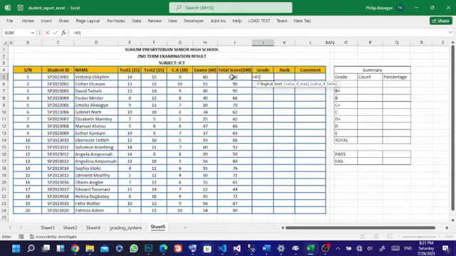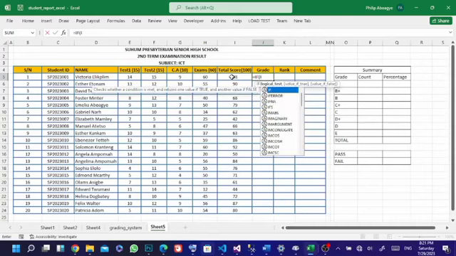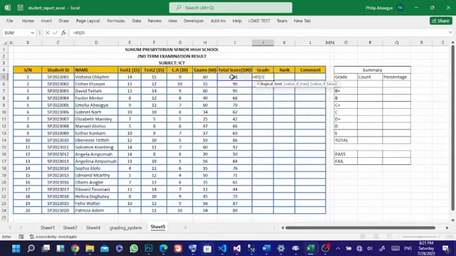You can decide to type I then 5, or you can just click it, then we will use the greater than sign. If this cell is greater or equal to 80, then comma,